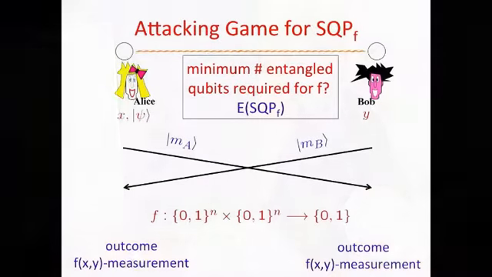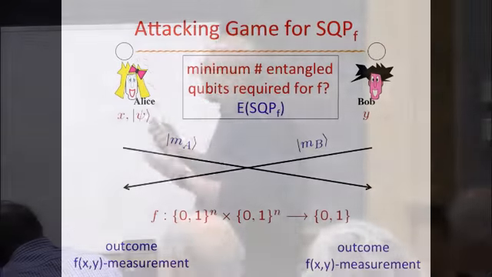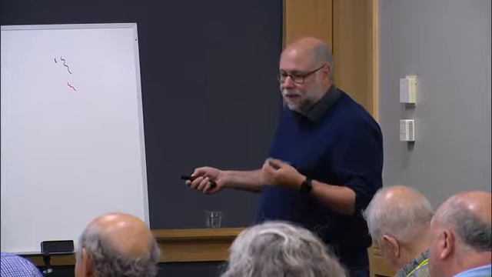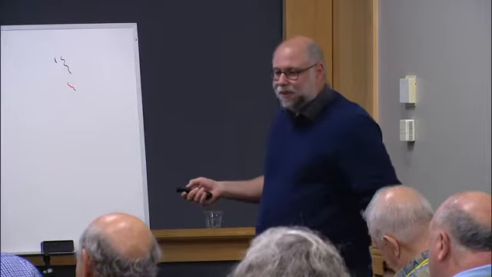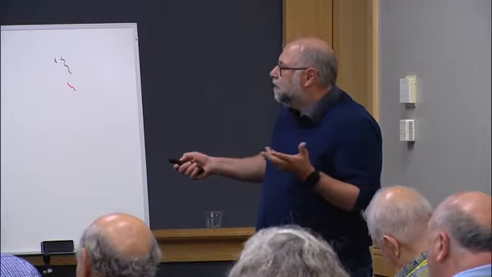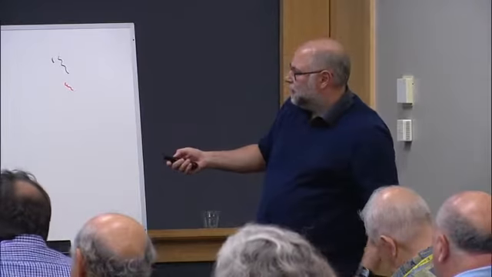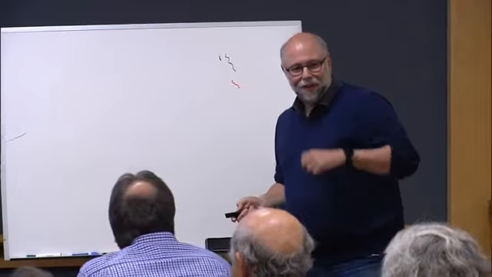And so, an interesting question that we actually don't know really how to solve is to show a bound on the amount of entanglement that you need for functions like this. So these functions are labeled by this function f that you have to design yourself. And for each function f, there is a minimum amount of entanglement that is needed to solve this game. And I want to study this notion, E_SQPF. And we don't know how to do that. That's kind of a difficult, deep question.